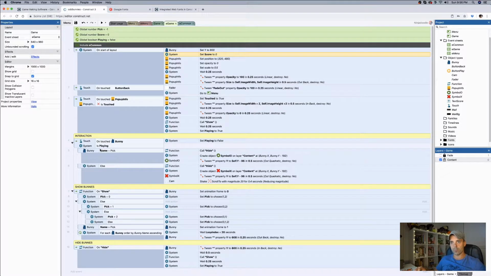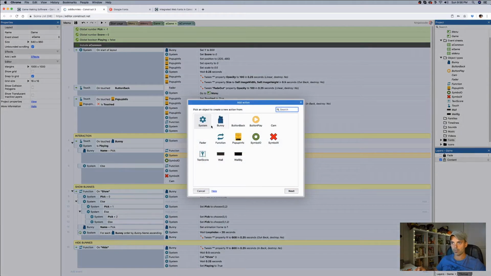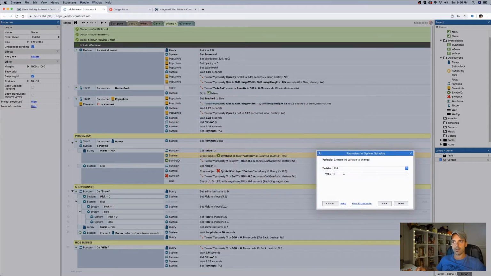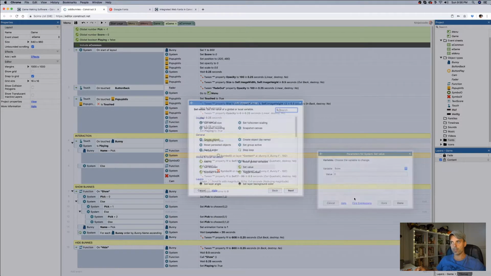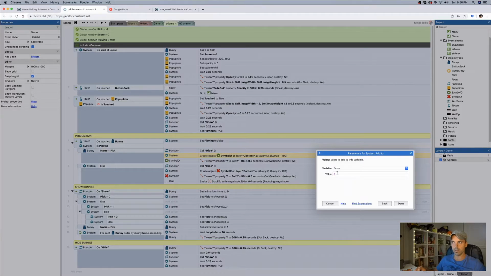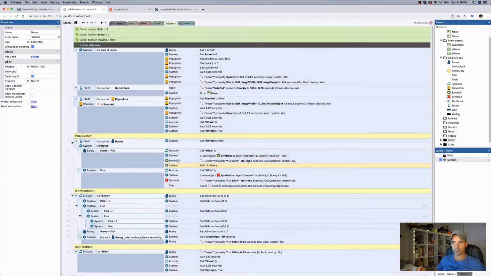And now all we need to do is over here where we're creating our correct symbol, this is when the correct selection happens, we're going to add to our score. So add another action, system, you can go set value and you can type in set score to score plus 1. That's one way of doing it. Or you can just go something simple like add to score and pick 1. Okay, so there are a couple of different ways of doing it. Again, I'm just going to drag it up here,